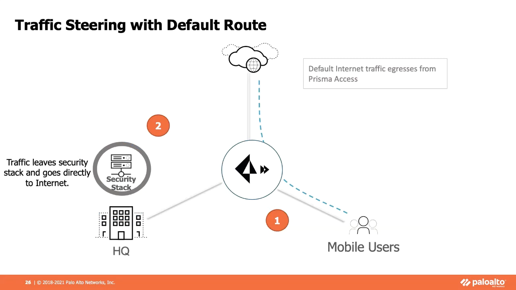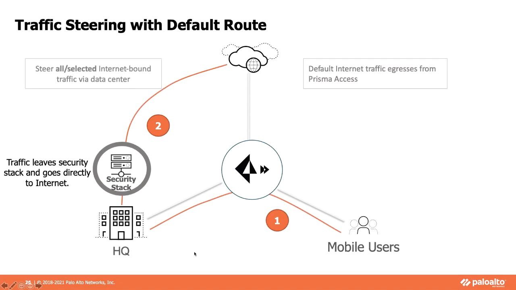Maybe it's a different vendor, maybe it's ours, maybe they're just required to track or record user traffic, and so they need it for some reason to come back here. Well, we have the ability to add a default route, which would push all traffic back down a service connection